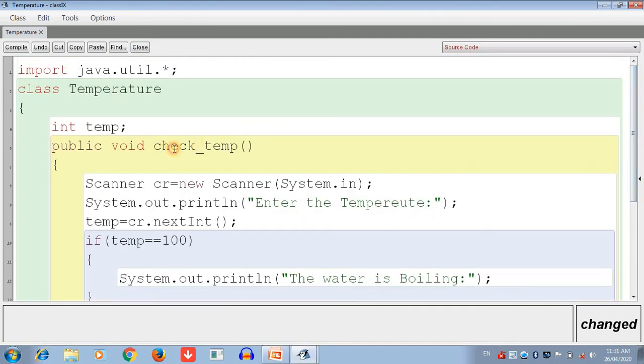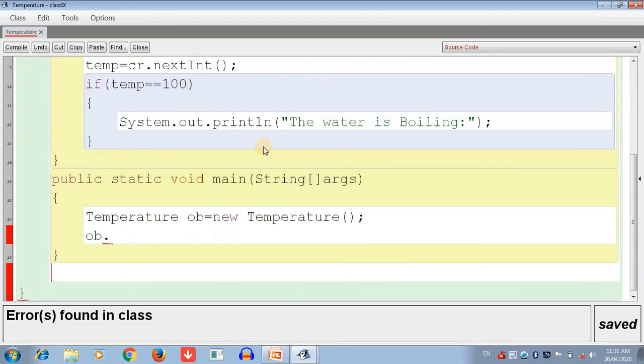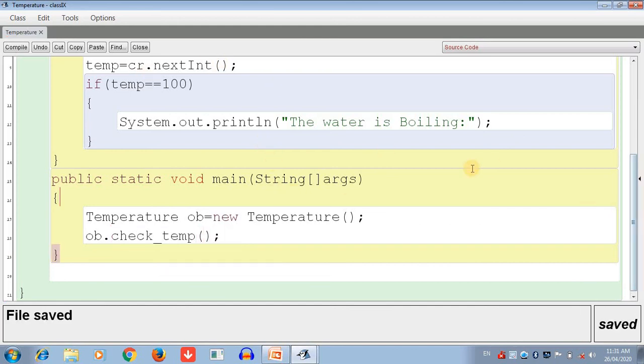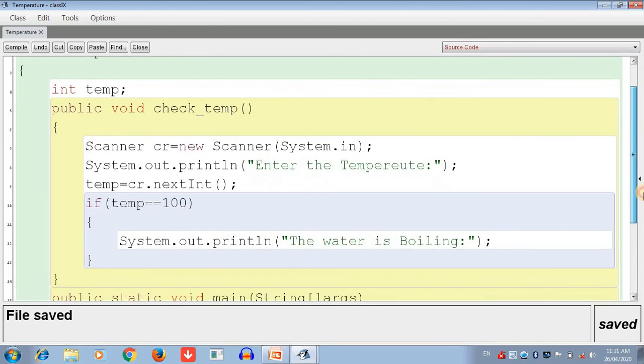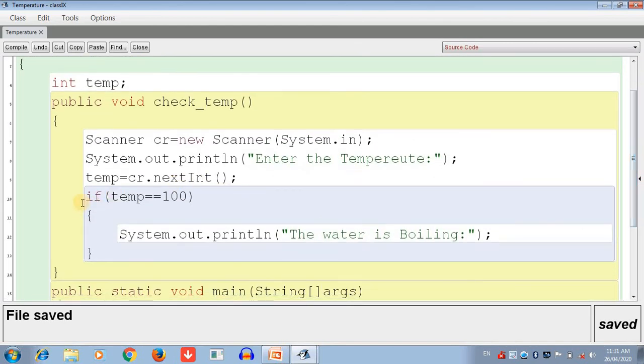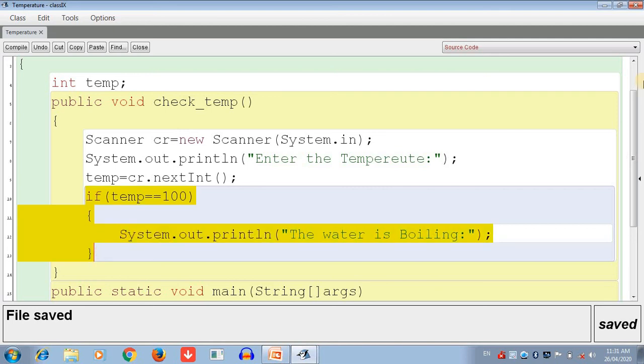So what is the method name? checktemp. So here I am defining all the methods. So students, that's the program complete. A simple program. Only that statement I have declared here, and in the main function I am calling this object.